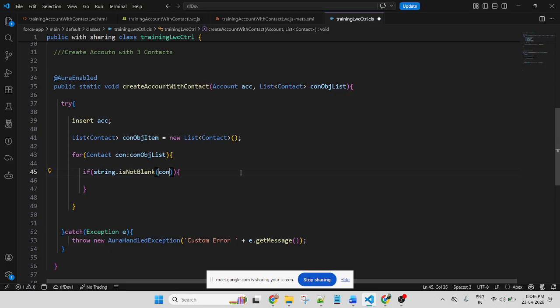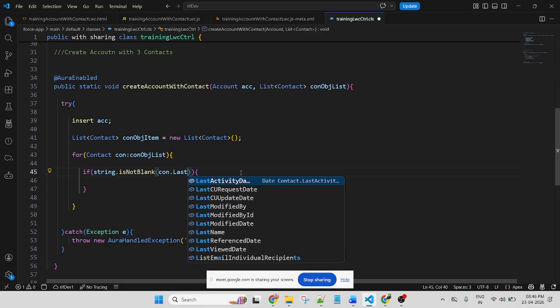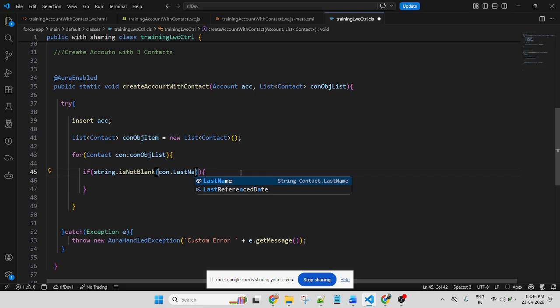So con dot last name. Because here I am inserting bulk records.